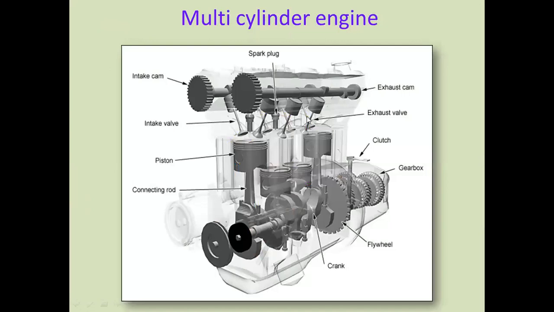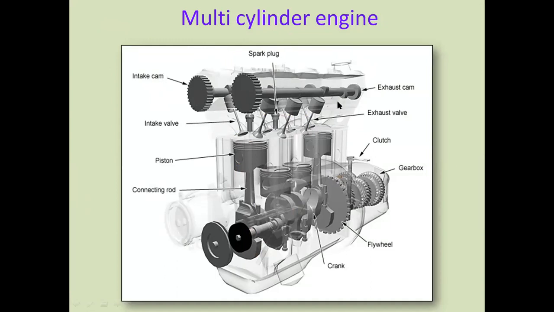So in the next slide we can see the photographic view of the multi-cylinder engine. In the multi-cylinder engine there is an inline cylinder arrangement, where 4 cylinders are used. We operate these cylinders with the help of the firing order. For example, if the firing order starts on the first cylinder, next it goes to the second cylinder, then the fourth cylinder, then the third cylinder. So these are all the important components accommodated in the multi-cylinder engine.